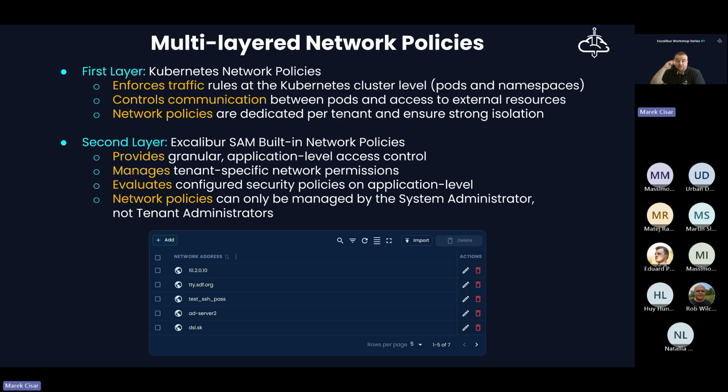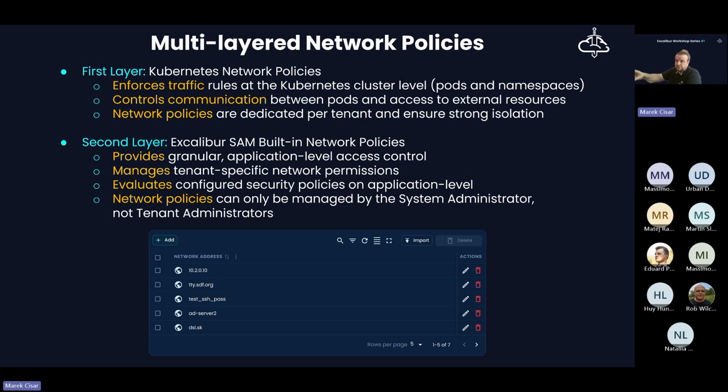Hopefully you get the point, but typically the tenant administrator will configure segments, host names, subnets, or specified IP addresses into which the appropriate tenant can communicate.